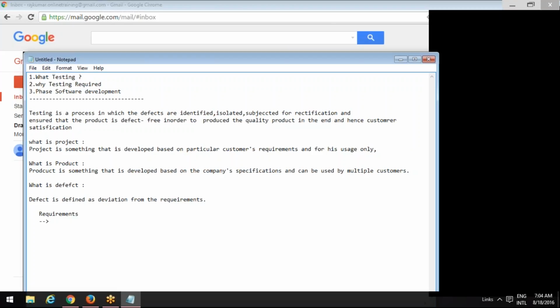After designing the test cases, an internal review will be there. The test case